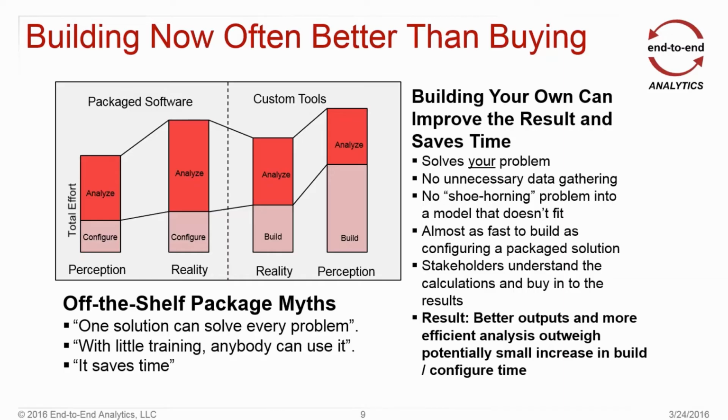So now I'll go through some of the bullet points, starting with the bottom. There are these myths with off-the-shelf packaged software. Again, this does not apply to all vendors. There are a lot of great solutions out there for specific problems. But the thing that even most of them would agree to is one solution can't solve every problem. It's why a lot of people do proofs of concept. It's why you run an RFP with multiple vendors, and then you ultimately pick one, and not everybody picks the same one for a variety of reasons. But the truth is, there are going to be cases where none of their preordained compilation of requirements truly matches what you're trying to do, and you have an opportunity to go and build something that may do that.